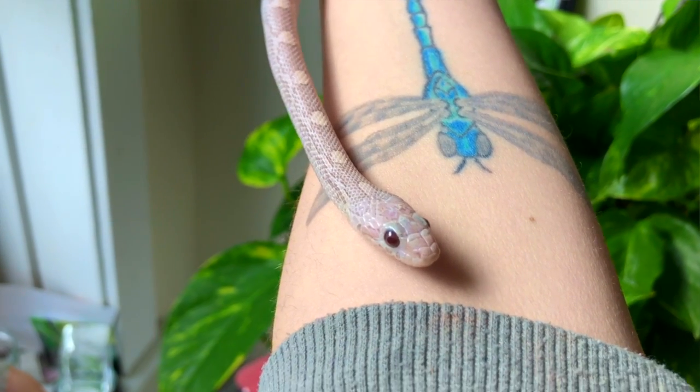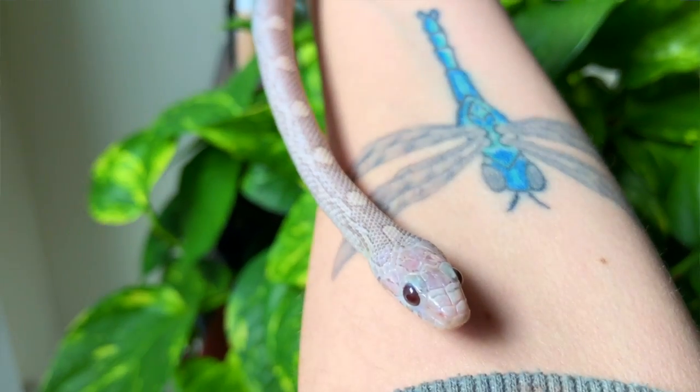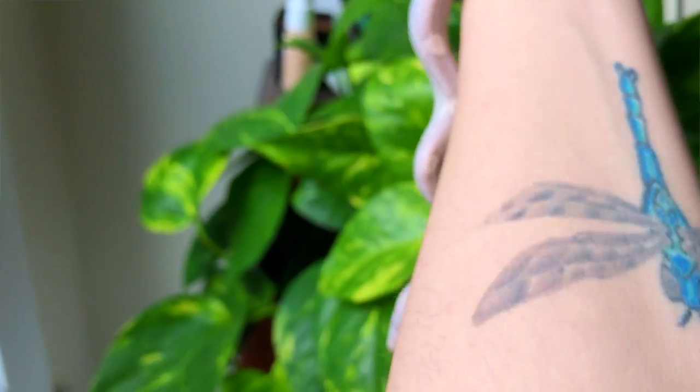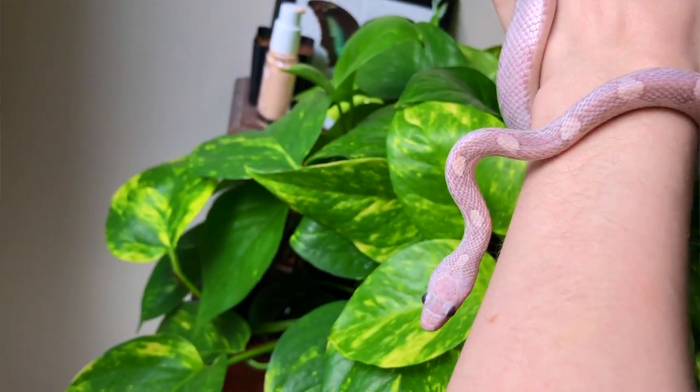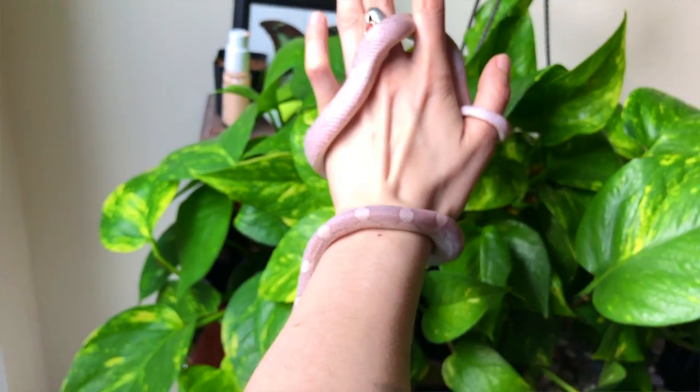That being said, corn snakes, from what I have seen, are mainly just flighty and want to get away from you. They are not very defensive whatsoever. They are not known to come out and bite you. That is not saying that a corn snake is never going to bite you, because there's always a chance, like if a snake is really threatened and it feels that it's the only way to protect itself, it's going to bite. However, from what I see with corn snakes, they're just extremely flighty and they don't want to bite you